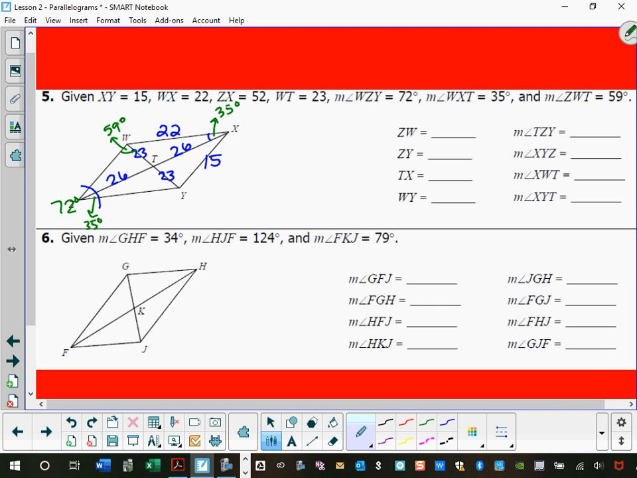What is this missing angle right here? What did you get? 37. So you did 72 minus 35, and you got 37 degrees. Okay, so that means that this angle right here is 37 degrees. All right, so if this angle combined is 72 degrees,